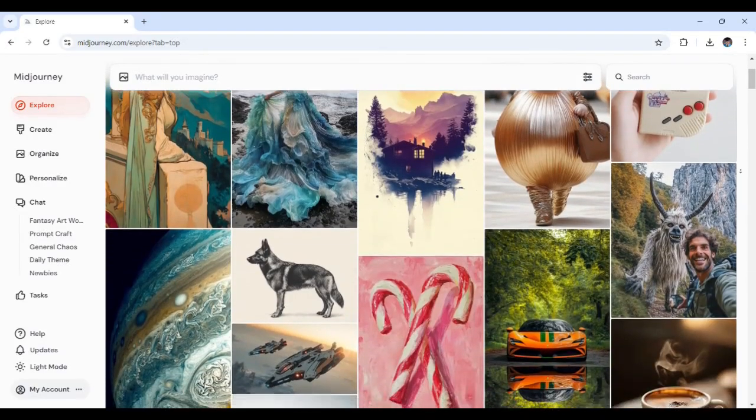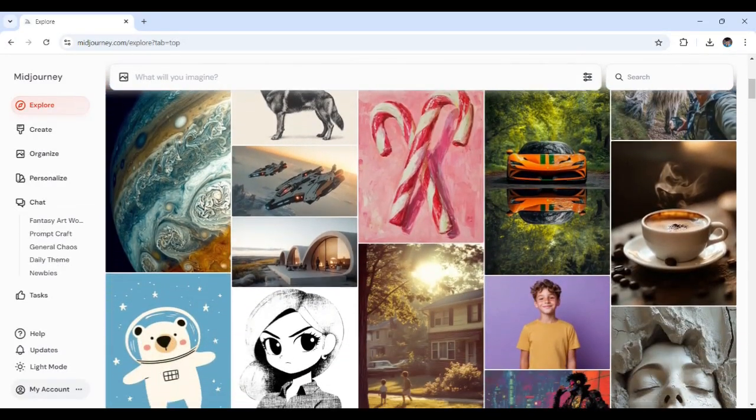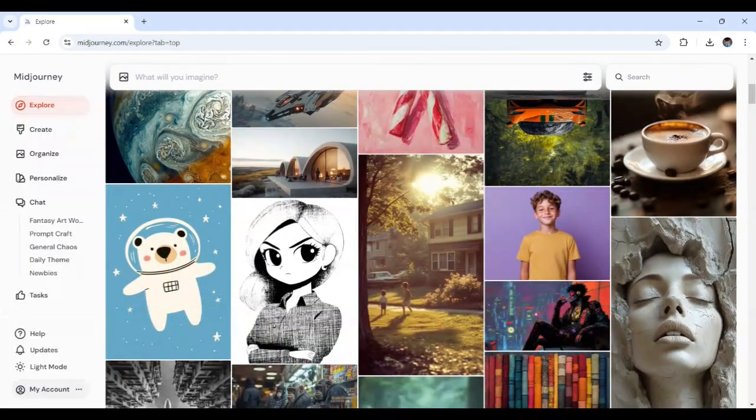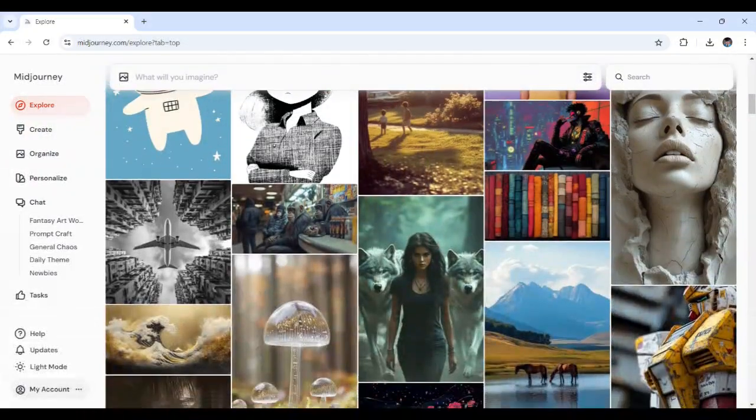Welcome to AI Legend. In today's video, we're diving deep into MidJourney's advanced prompt parameters. If you're ready to go beyond the basics and learn how to fully customize your images with the commands, then